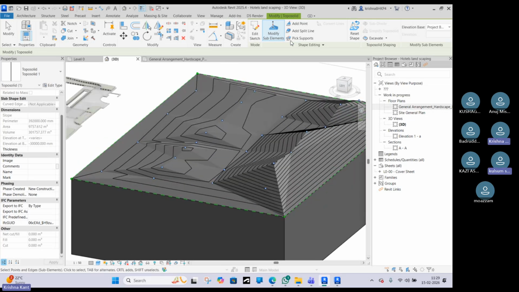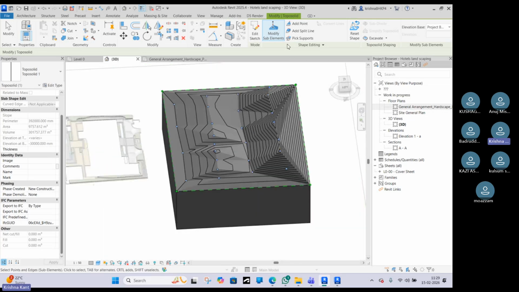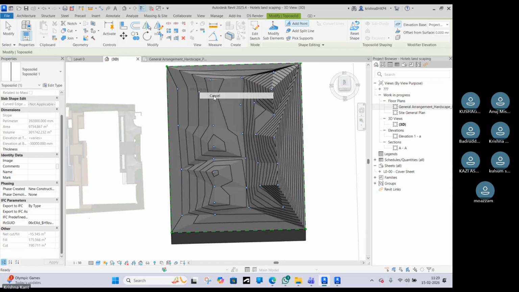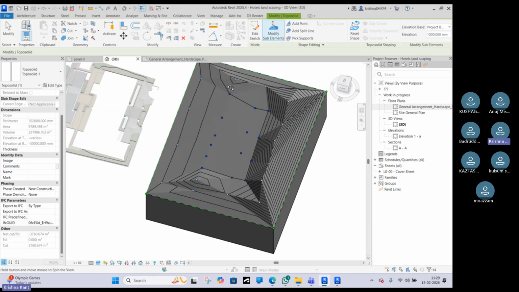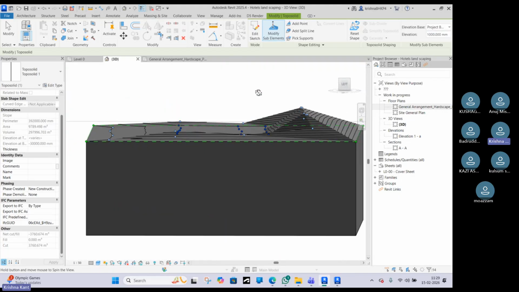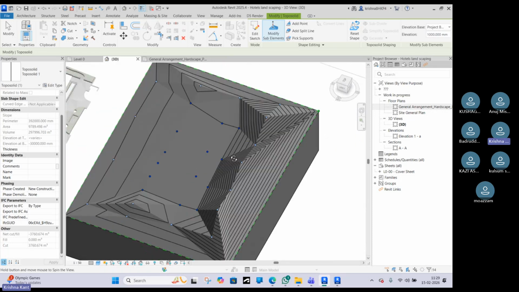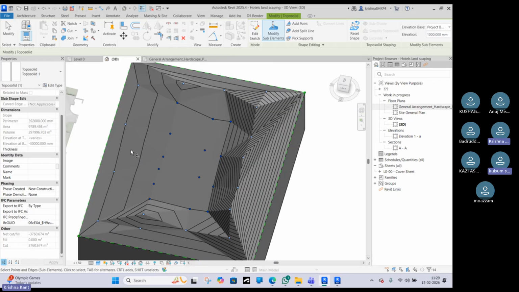Now suppose I add certain points for this area. From this to this area, I want a particular elevation to be 1 meter so that this will be flat. Understood? So once it is flat,